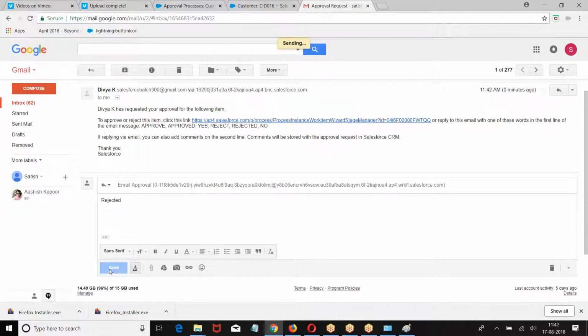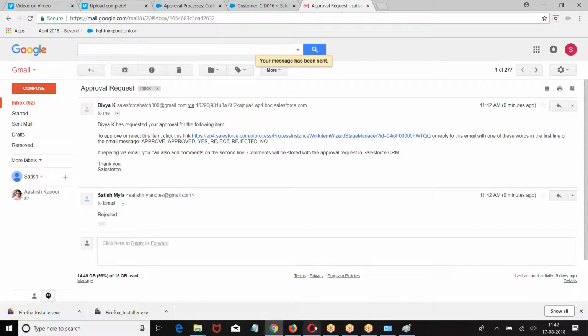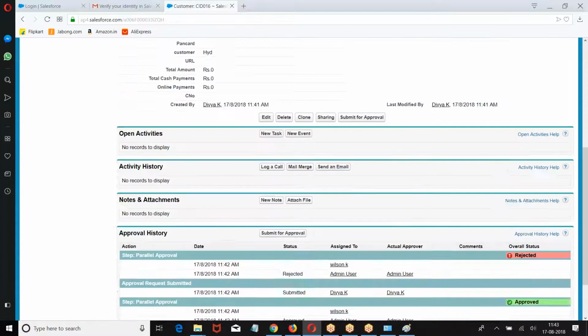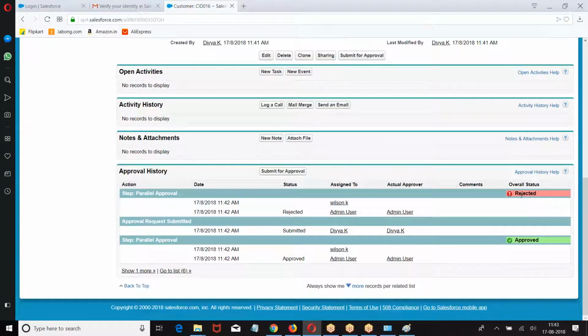You got an email, I replied to the email, rejected. So whoever is giving the first reply, that will be the final decision. Previously I gave approved, so the record was approved. Now I gave rejected, so the record was rejected. What was this? First response. How can I approve? Through email also I can approve it.